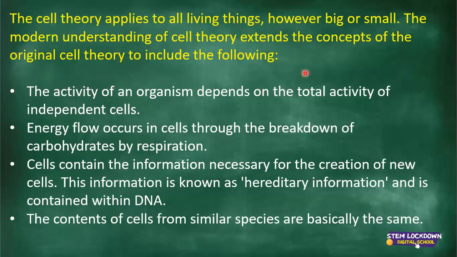So I was still explaining, I think I got cut off here when I was explaining the activity of an organism depending on the total activity of independent cells. This means in order for your body to function optimally, for this one organism here, let's say a human being, we'll make an example of me, myself here, in order for me to function optimally, it means all the independent cells of my body need to be at optimum position,